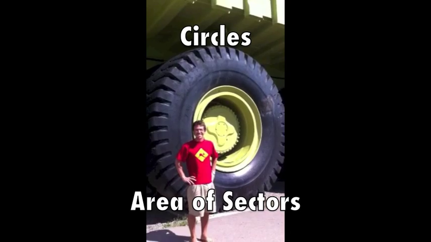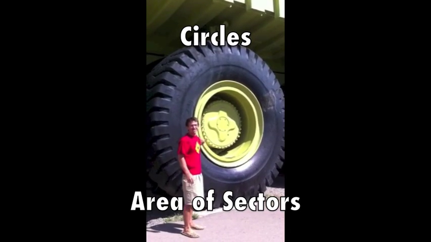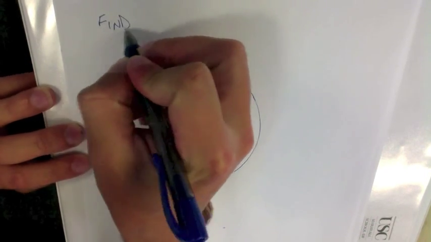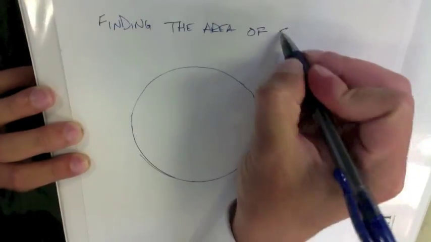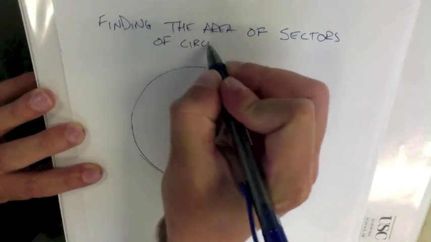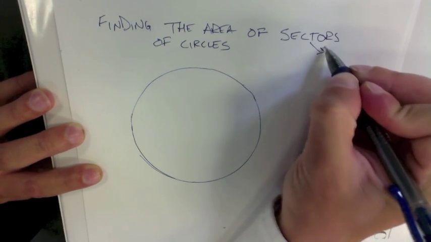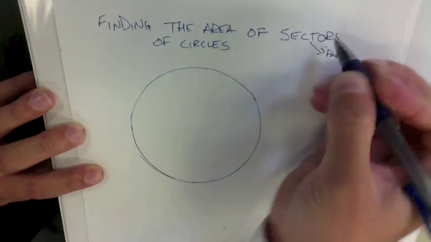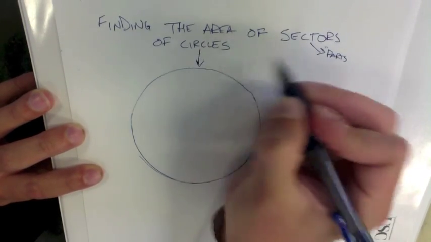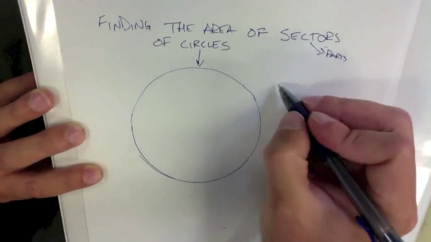Hey everybody, today we're going to be talking about circles. Alright, today we're going to find the area of sectors of circles. Now sectors are just parts of circles, like pie slices out of the pizza pie, and that thing is a